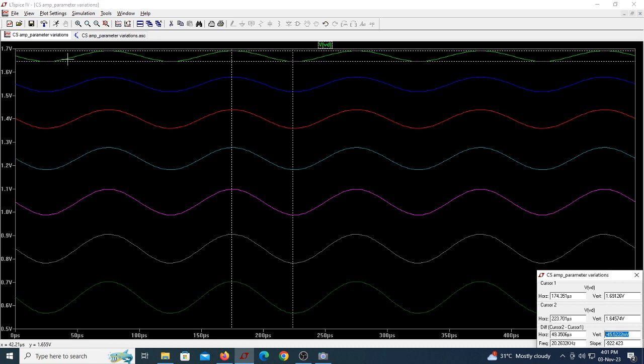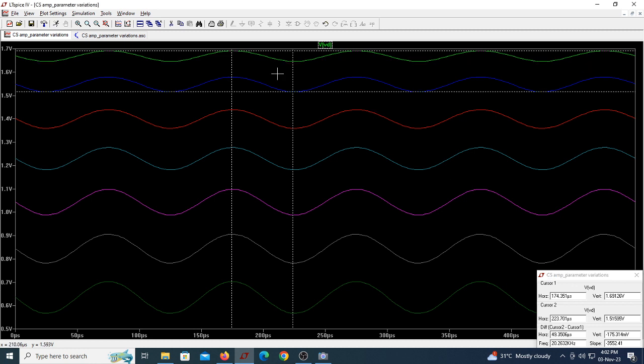This is for a value of R2 of 80k. The peak to peak is 45. If I go down, so now this is one value. The other value, can you see this is, now I'm just having,